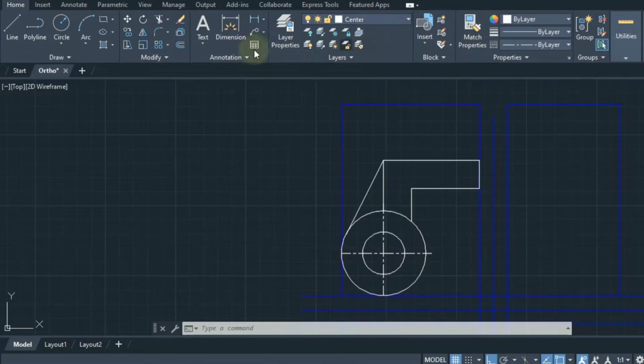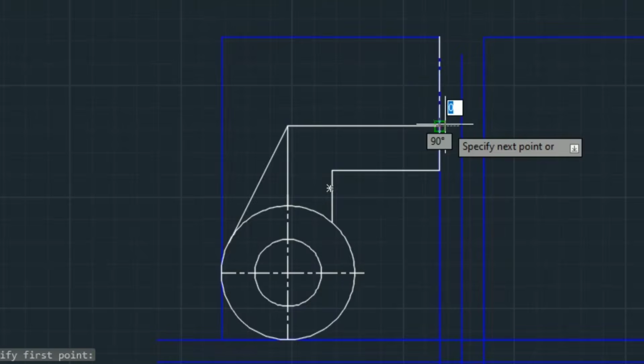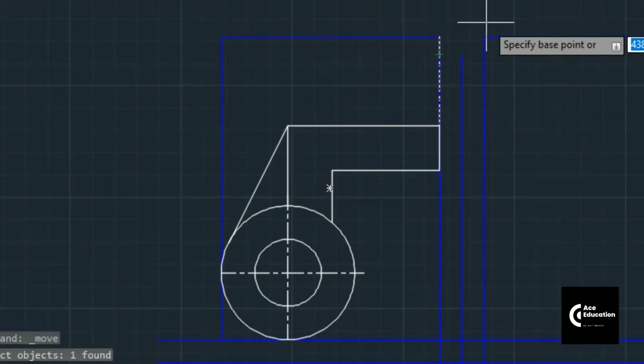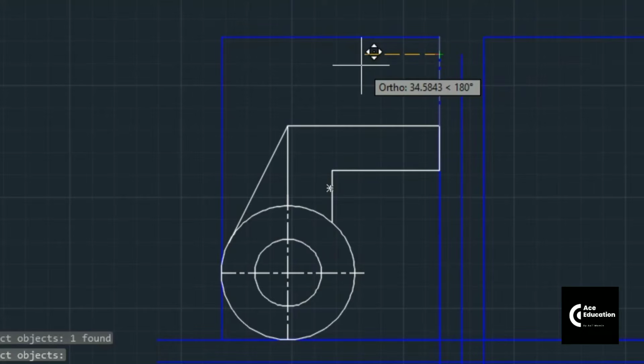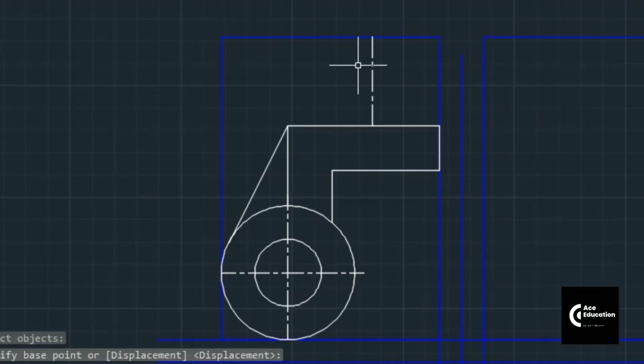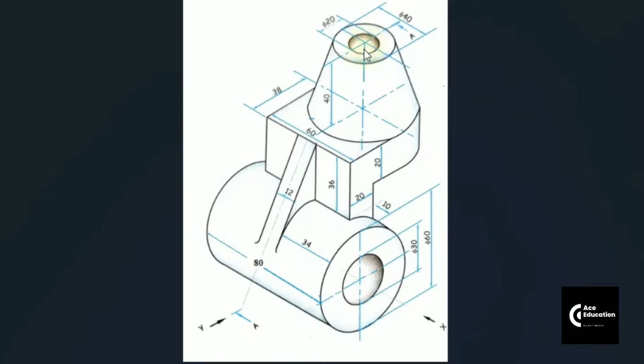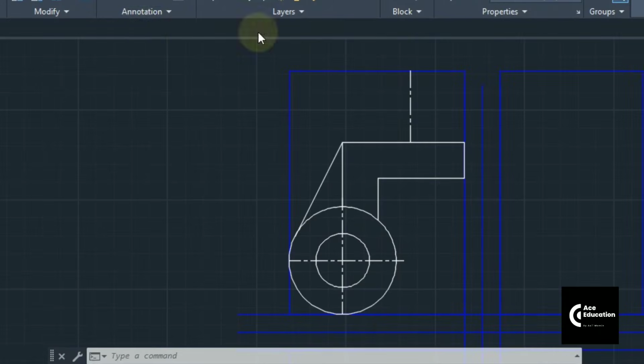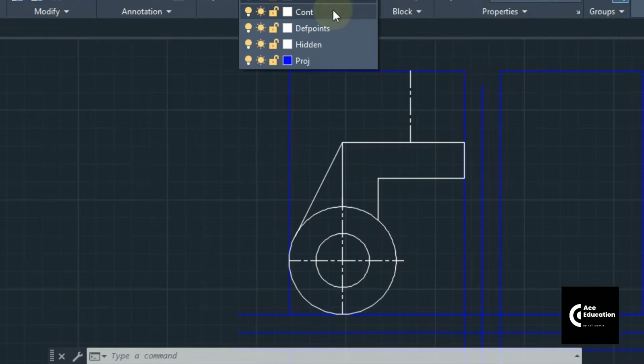Change the layer to the center one. Take a line command. I will draw the axis line on this right hand side plane. Then I will move this center line to the left hand side by 30 mm and then enter. Once this axis is made, now we can draw the top line, which will measure 40 mm, because when you are looking from the X, the whole diameter line can be seen as a straight line which will measure 40 mm only. So take a line command with the continuous layer,